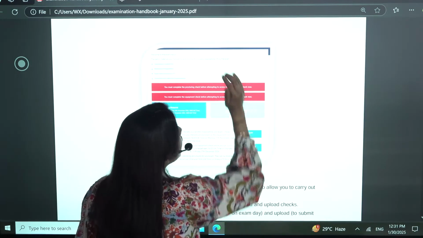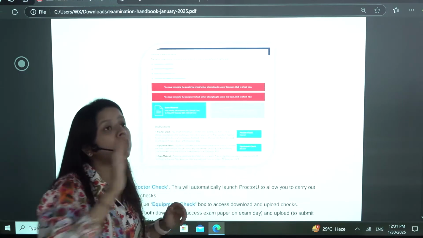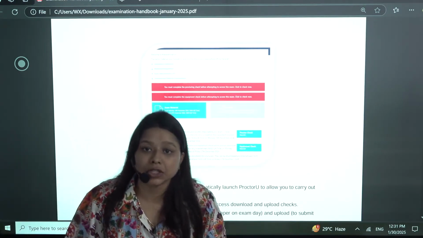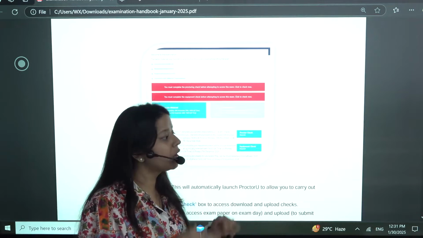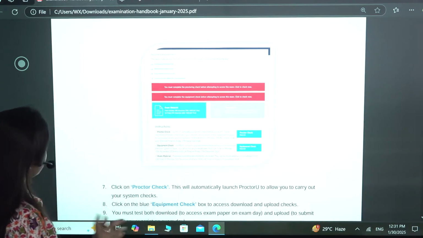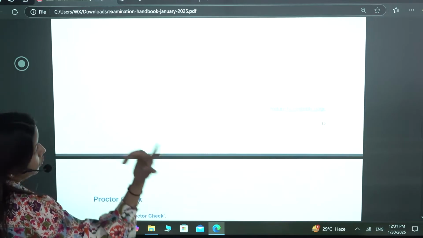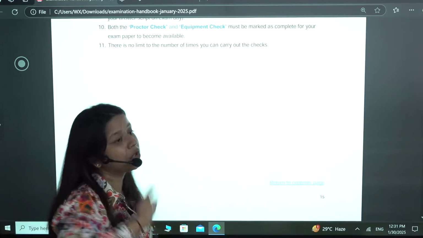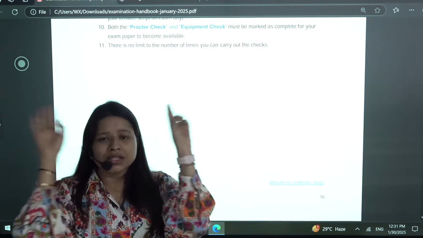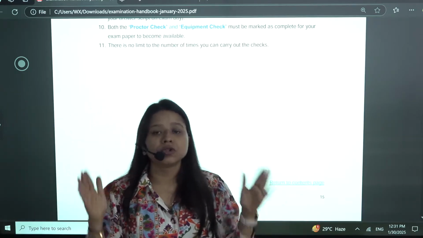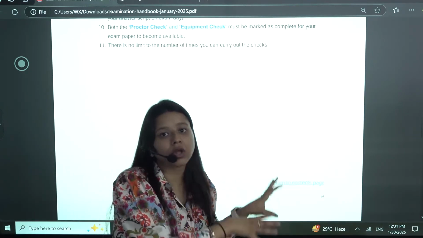Once you have done it, you have to do it separately. You cannot do it on the day of the examination. You have to do it 2 weeks before, otherwise you will not be able to sit for your exam, right? Also there is no limit on the checks, so you can carry them out multiple times. Worst case scenario, let's suppose 2 weeks before your exam you have done your download and upload check